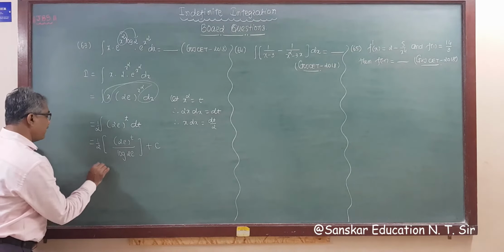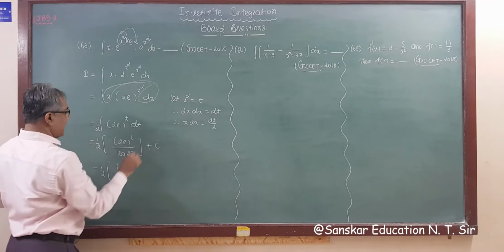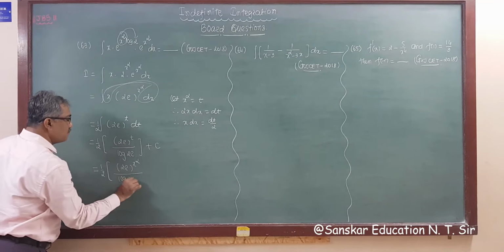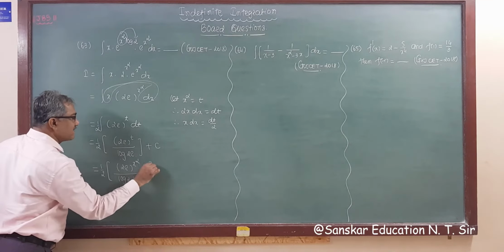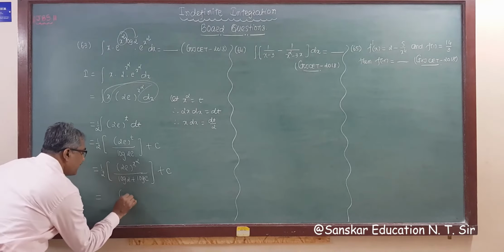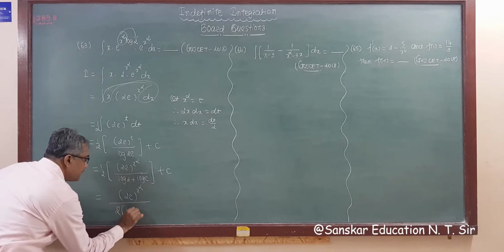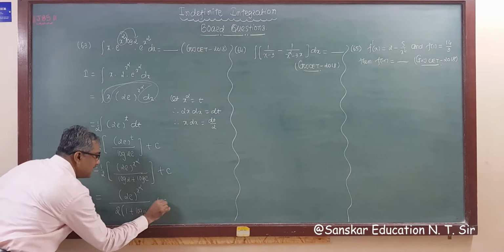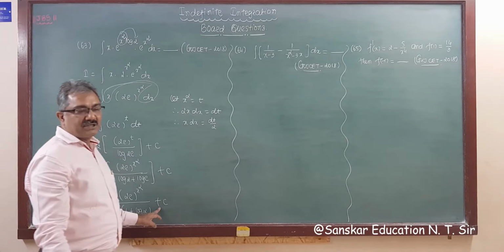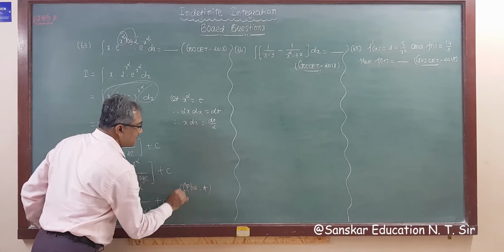Okay, so this is 1 upon 2 twice e raised to t. T is x square. So twice e raised to x square upon this is log 2 plus log e. So log 2 plus log e and log e is 1. So answer is 1 plus 2. So answer will be twice e raised to x square whole upon 2 times 1 plus log 2 plus c. I am writing log e first. So log e is 1 plus log 2 plus c. So your option A is the correct answer. So option A is your final answer.